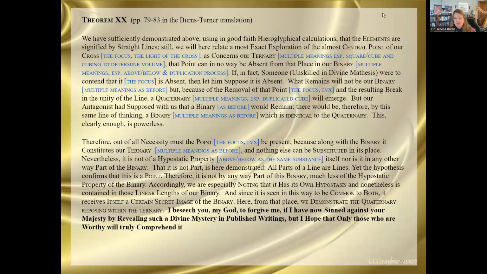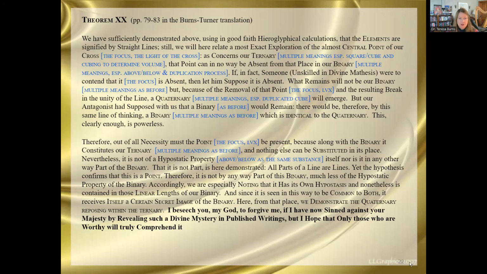Okay, so let me go back to my slides here. And if I just imported what Wilson is doing there into the translation that Dr. Turner and I did, we could go through this first paragraph, which I went through in the last video, and see